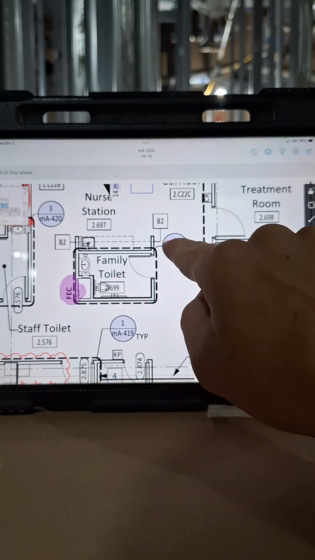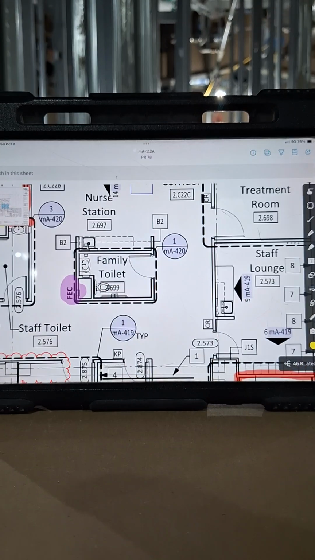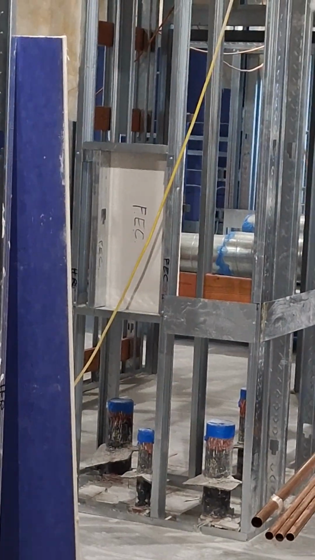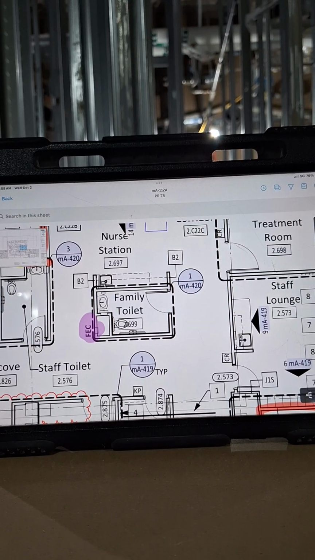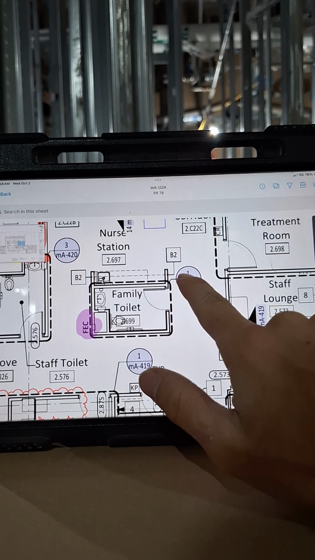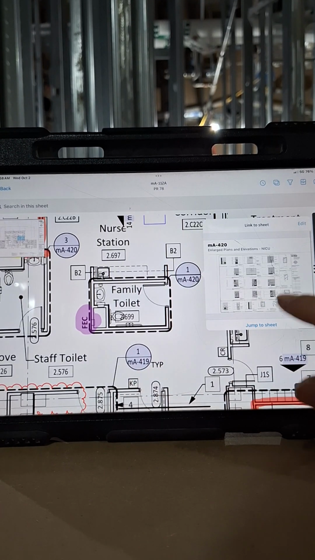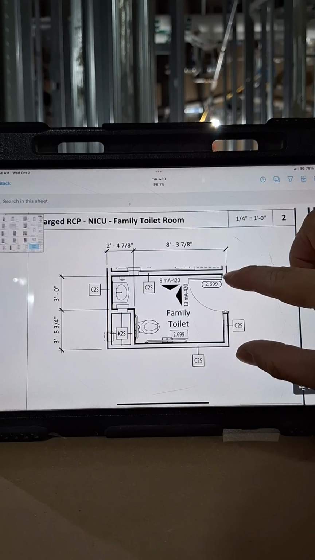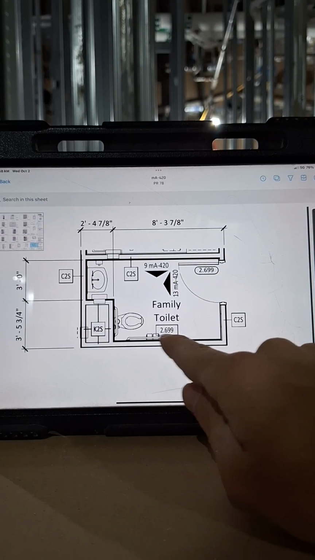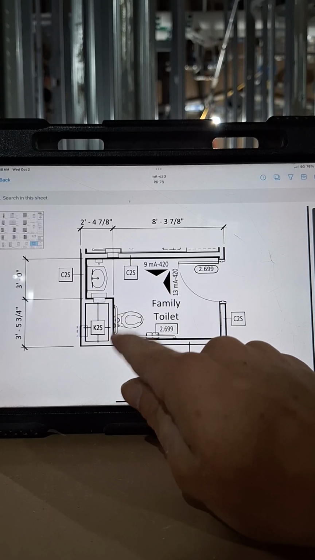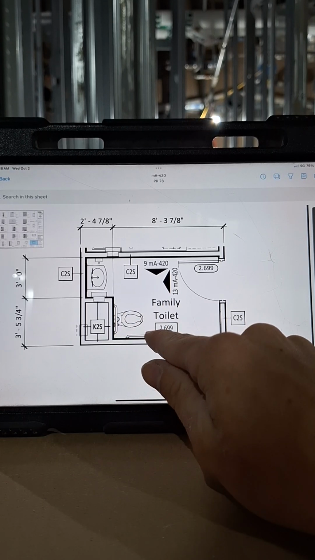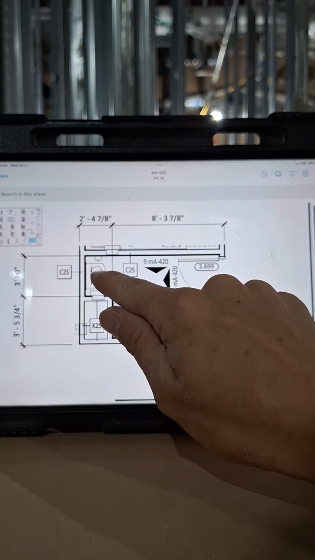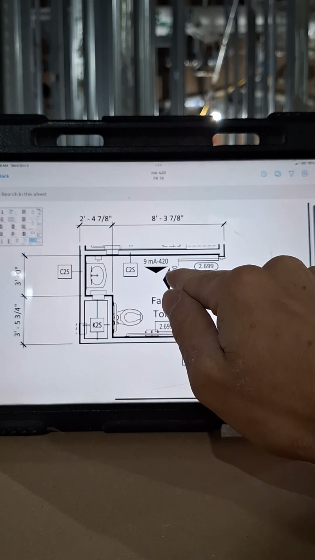Now, so let's go to here. You've got to blow up. Oh, by the way, fire extinguisher cabinet right there. Alright. So here's our detail for this toilet, detail 1. So let's go to detail 1. Here we are. So you can see we've got the side grab bar and the back grab bar to the toilet, as well as the toilet paper right there. And then we've got the wall mounted sink, which we'll see on the